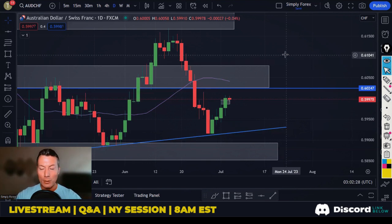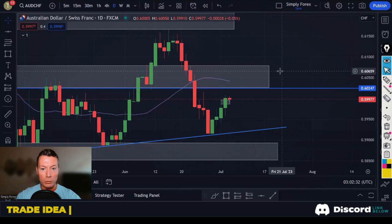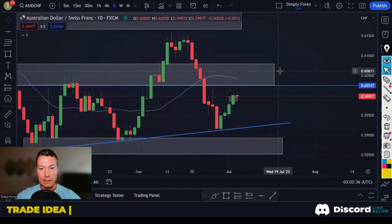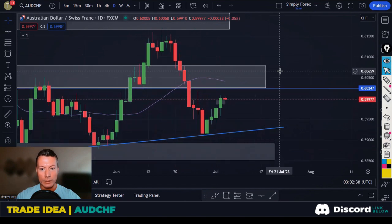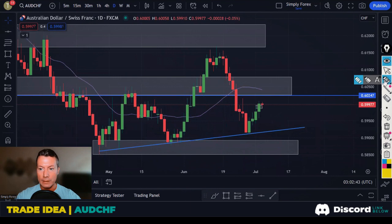Okay, so trades for Wednesday, the 5th of July, guys. We've got quite a few today, quite a few things I'm looking at. So the first one is this. This is Aussie dollar against the Swiss franc. And you can see, guys, prices were in an uptrend. It did break this low here, but it's still kind of in an uptrend,